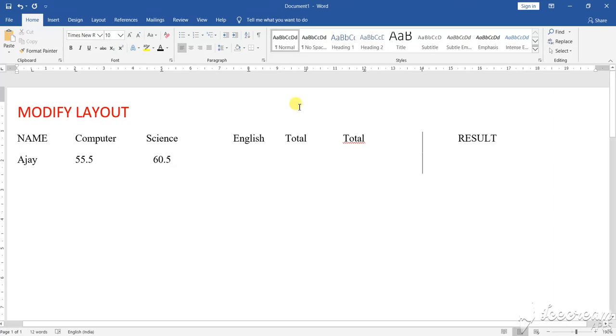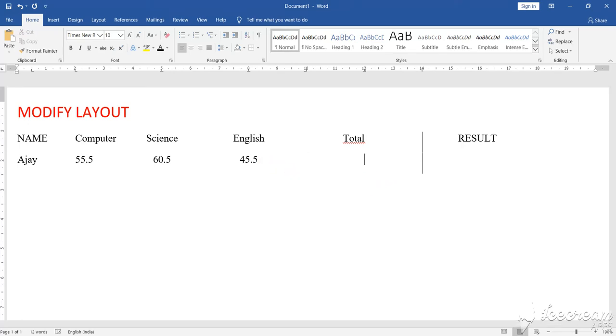Next in English, suppose 45.5. Now total, you can remove this total. One total is already there, so no need of two totals.